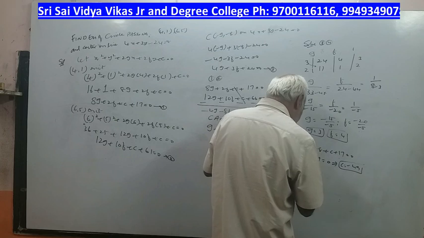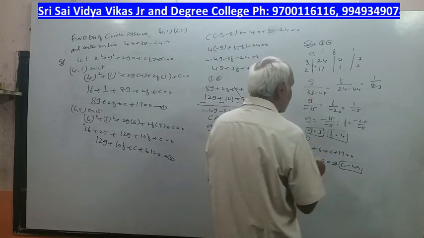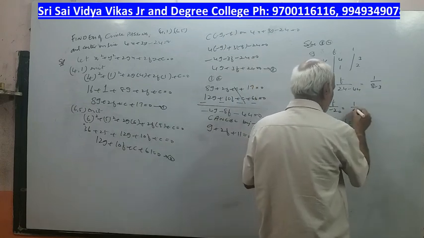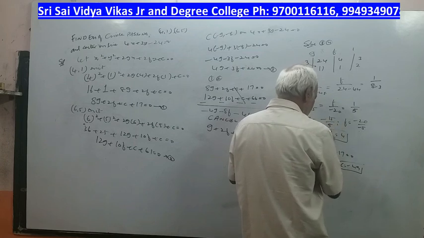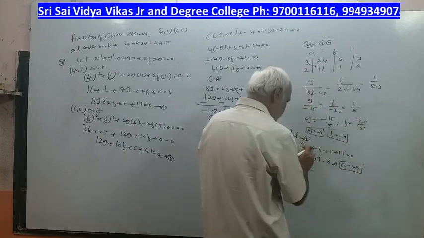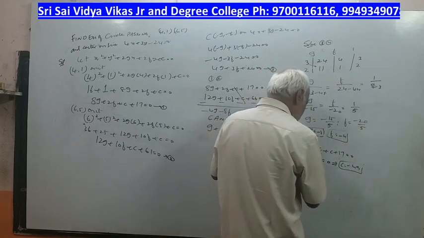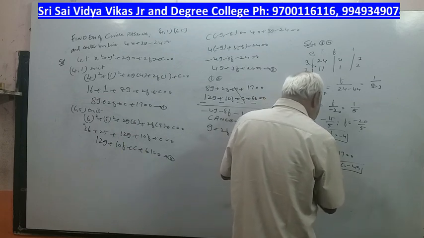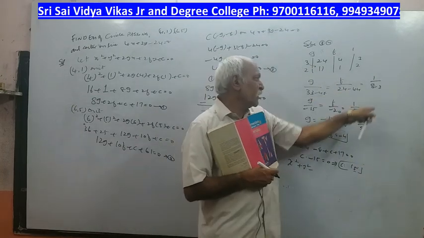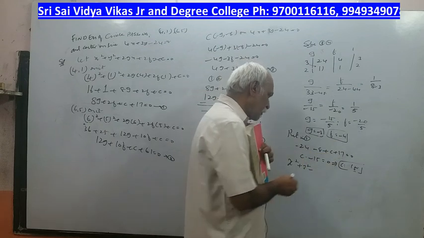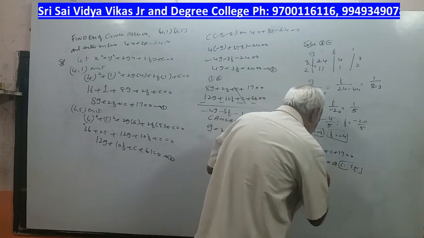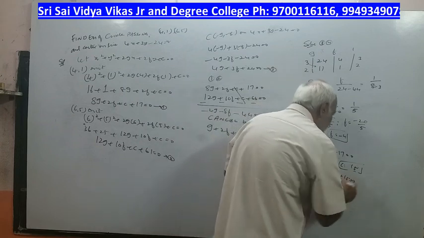So what is the circle equation? x square plus y square plus 2gx. Here 8 minus 3, 5. So this becomes minus 3 minus 4. Minus 24 minus 8 plus c minus 15 is equal to 0. What is the c value? 15. So x square plus y square, then 6x minus 8y plus 15 is equal to 0.